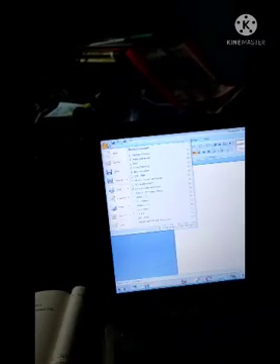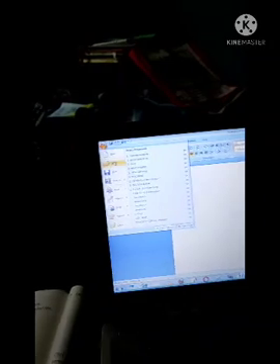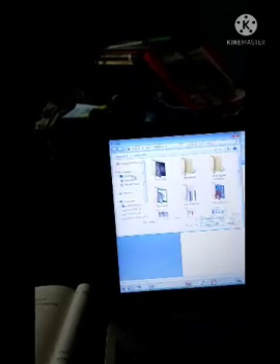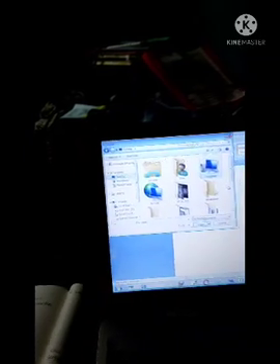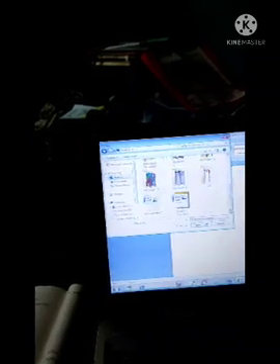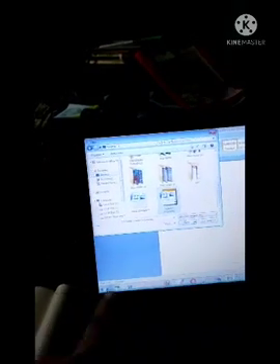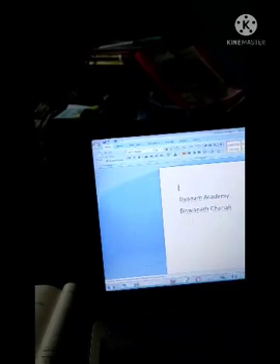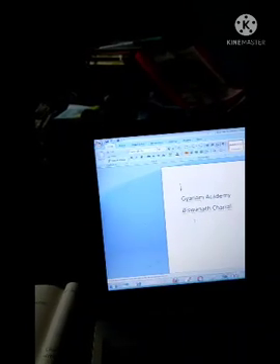After that, we learn how to open this file. First of all we go to File. Now go to Open, click the Open button and go to Desktop. After that we search for our file. This is the Gyanam Academy file. Open, and this is our saved file on our computer.